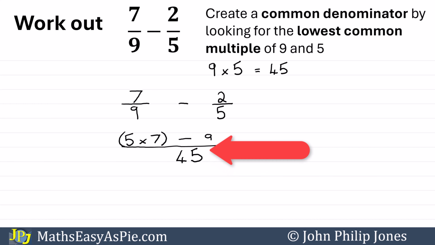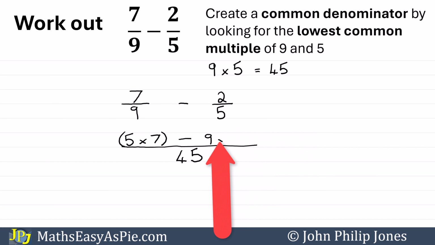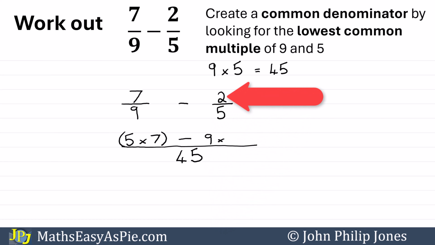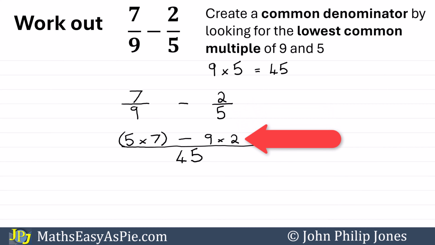So we write 9 here, and then we multiply that by the numerator, which is 2. So you can see I put the 2 here, and then I enclose this in brackets to make sure we can see that we're carrying out a multiplication. We can then see that 5 times 7 is 35, minus 9 times 2 is 18, and all this is